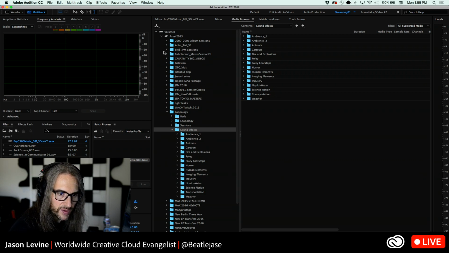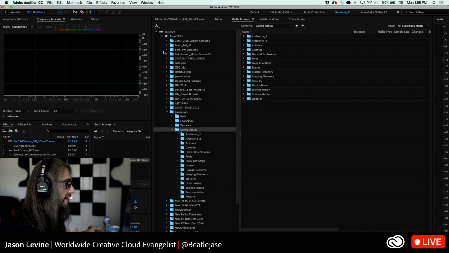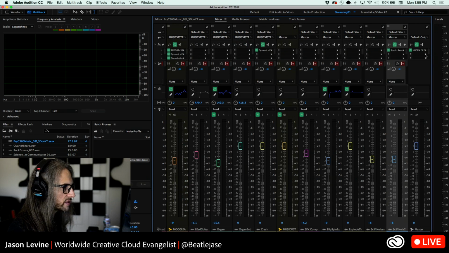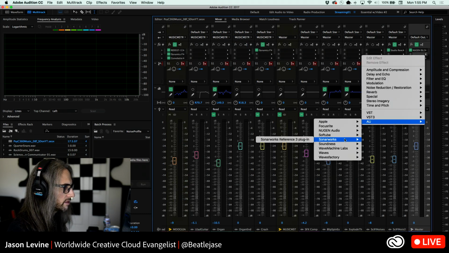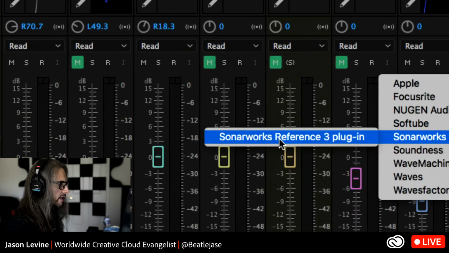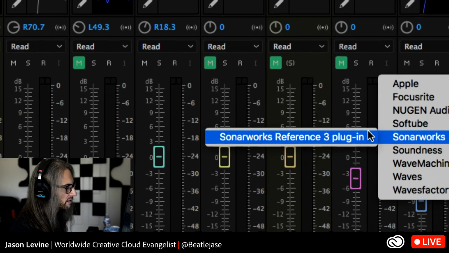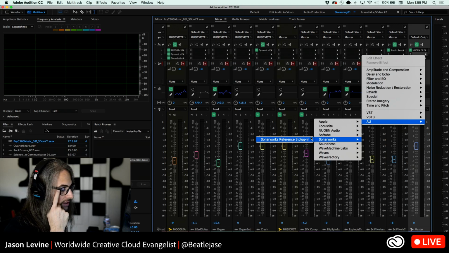What about getting a speaker's frequency graph and compensating in EQ, and you can get a flat sound on any device, theoretically. That's a good question. Actually, there's a plugin that I have by a company called Sonarworks. Sonarworks Reference 3. This is actually a plugin that allows you, and I was turned on to this by one of our viewers and longtime friend Miko,